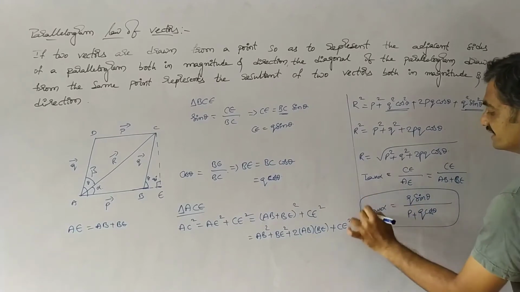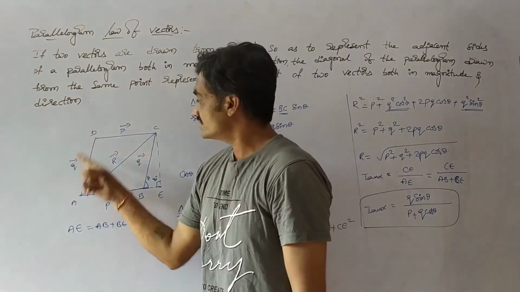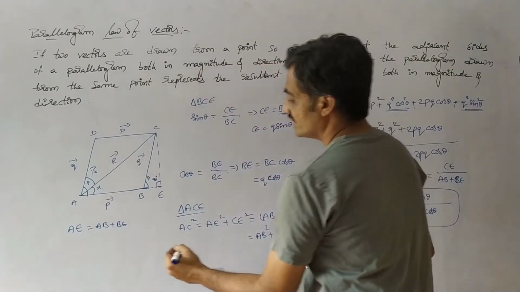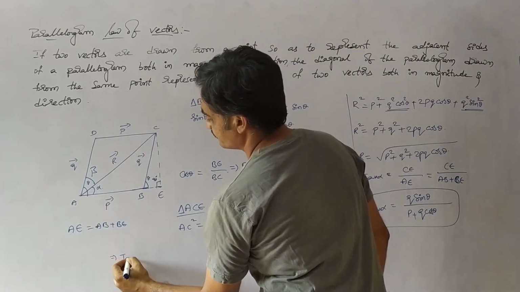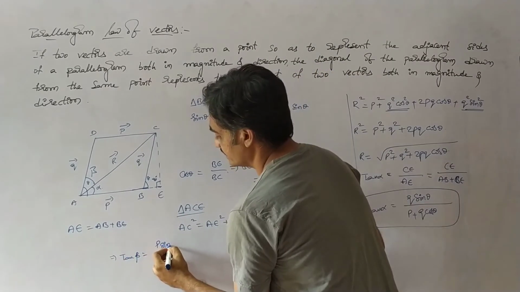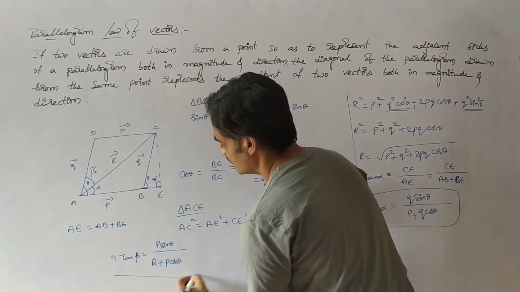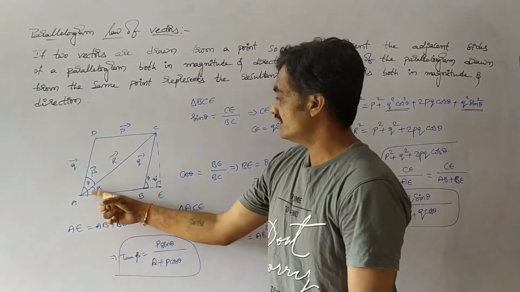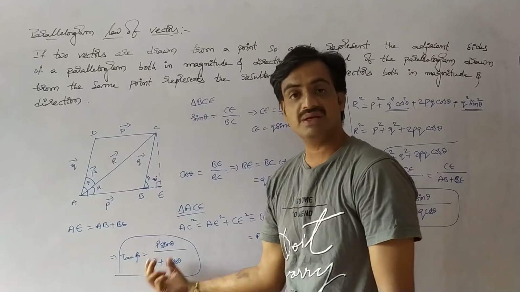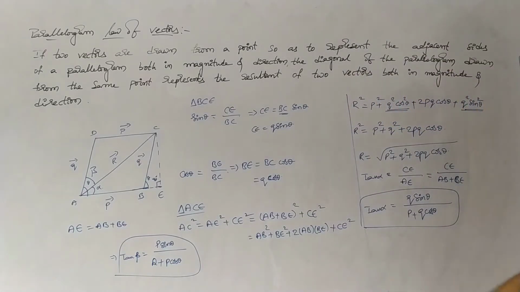It represents the direction. We can also find the direction based on beta, because the angle between this vector as well as the resultant is beta. If we consider this, we can write tan beta equals P sin theta by Q plus P cos theta. In this way, we can represent the direction based on this vector as well as the resultant. So now take a screenshot. We will continue with the special cases.